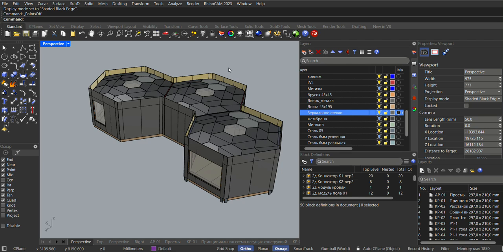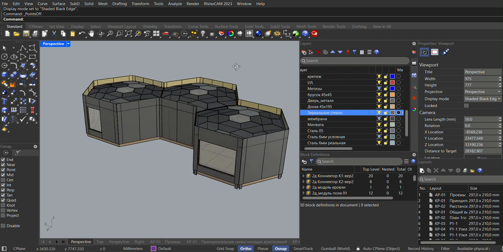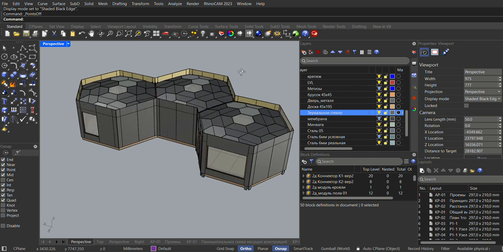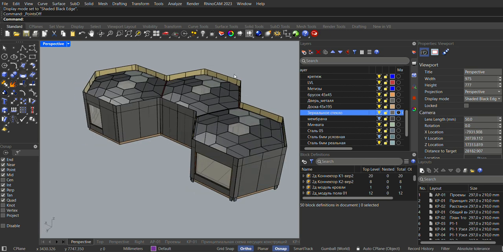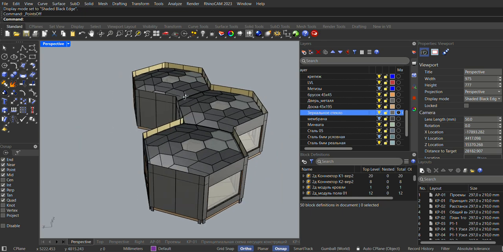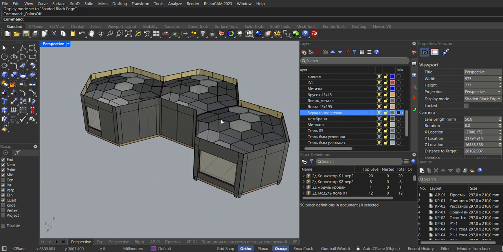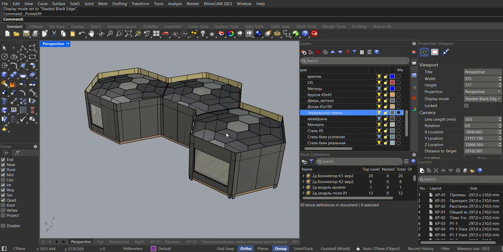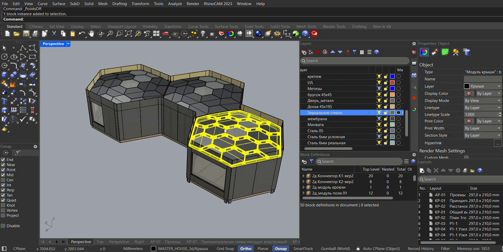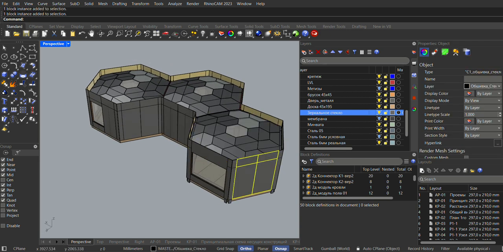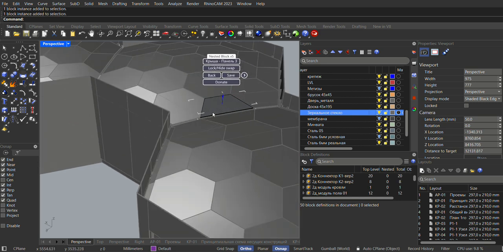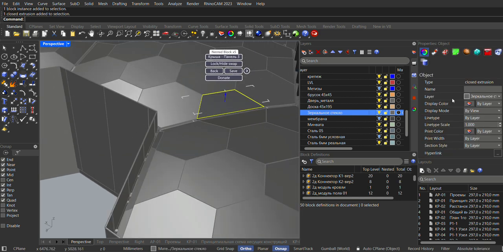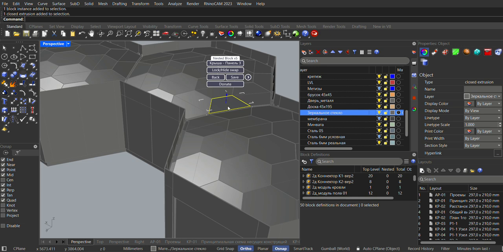Hi, here I will try to show my way to create a 2D drawing, mostly for buildings. And now I have my project here, which is a building made from blocks. So all this scene is blocks, and inside these blocks we have everything on the layers with set materials and